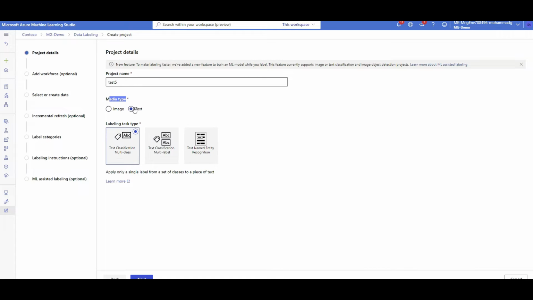Also, a recent one, which is text, has been added as well. If you want to do a classification for text, let's say predicting the topic of the given text as a label, or if you want to do multi-label classification, similar to multi-label image classification. The text named entity recognition, let's say